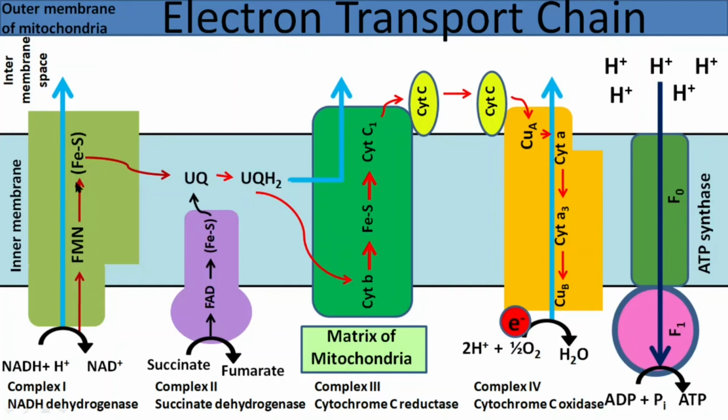Once electrons reach ubiquinone from either complex 1 or complex 2, they follow the same path to reach oxygen. When FADH2 undergoes oxidation, only 2 proton pumps are involved. So totally 6 protons are pumped for every pair of electrons that enters into the electron transport chain from complex 2. And we know already complex 2 is not a proton pump.